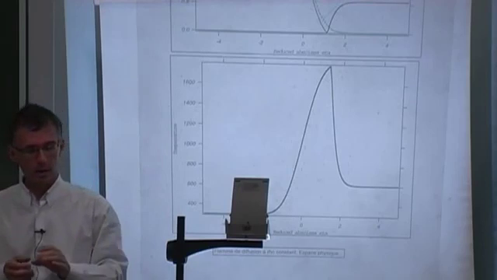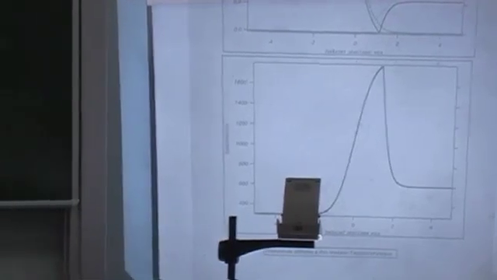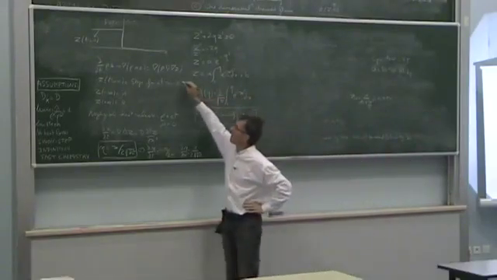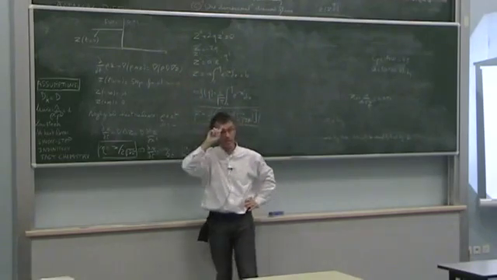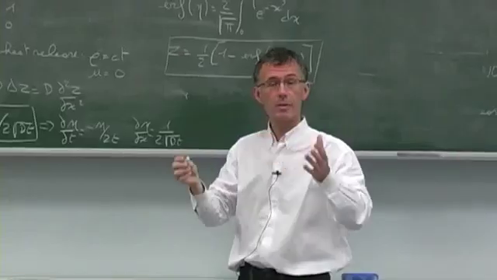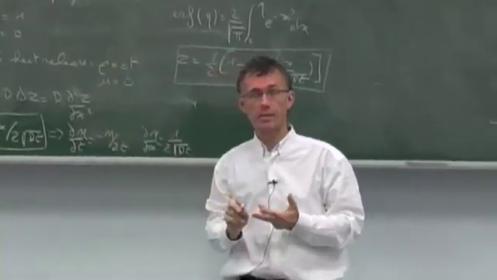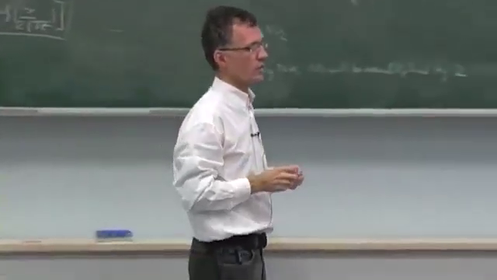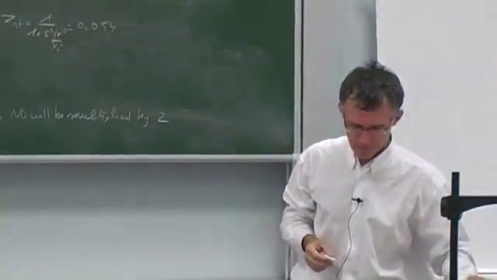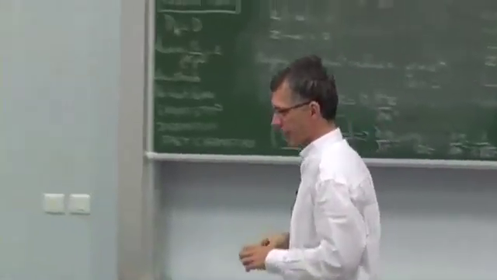And this procedure, which I've done here in a very simple case, is the one we do all the time. Except, in most cases, the solution of this equation is not always as simple as here, okay? I've done it here for simplicity. I'm going to do another example. But in a three-dimensional case, you will need a code to find Z as a function of space and time. Only in this case, it is simpler. There's one thing I want to do also at this point, which is talk about reaction rates.